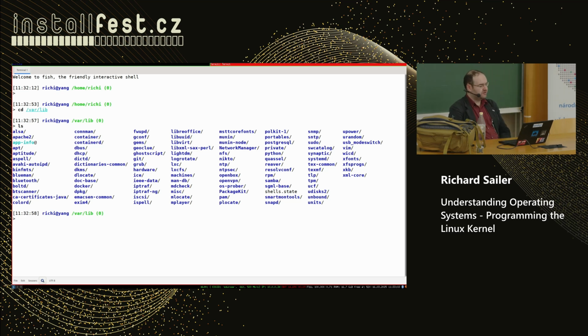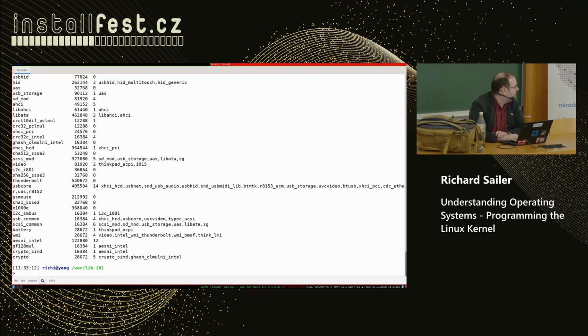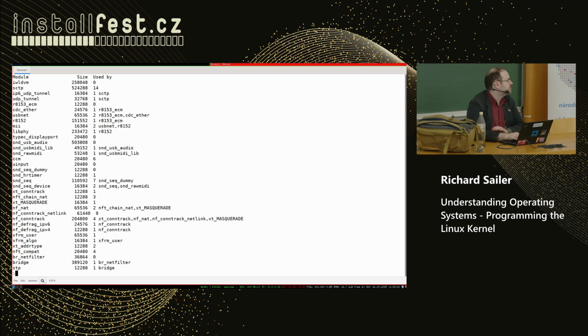So one other way we can go, there is one command that's called lsmod. That means list all the kernel modules that I have currently loaded in my system right now. And that gives a lot, so I will pipe that to less, so we have it nicer. So here we have iwlwifi, that's something for Wi-Fi. We have SCTP. That is curious because that is an alternative to TCP that no one uses, and I don't know why I have that loaded, but for some reason Linux did think it has to load it.